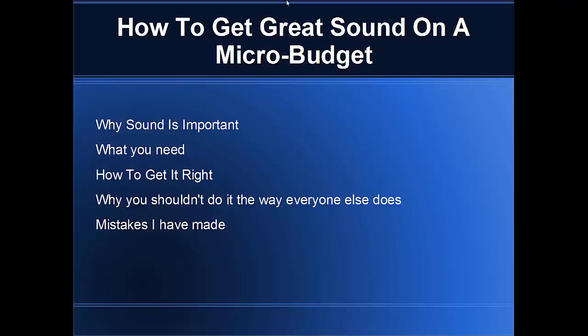I pick sound because it's probably the most important of all things I have to share with you. So anyway, this is what we're going to talk about today: how to get great sound on a micro budget, why sound is so important, what you need to get great sound, how to get it right on set when you're filming, and why you shouldn't do it the way everybody else does,